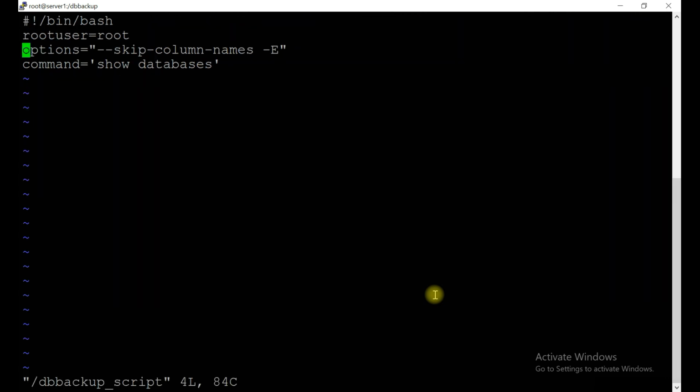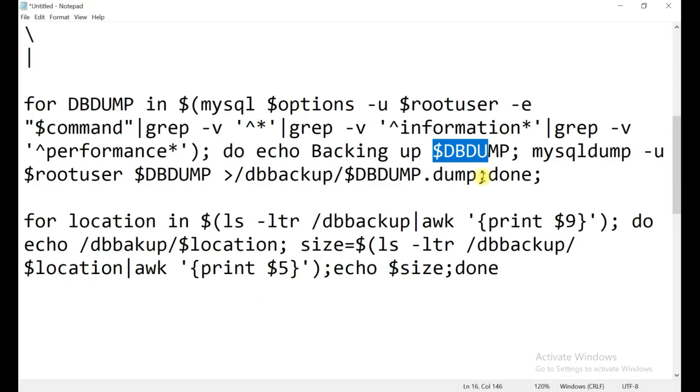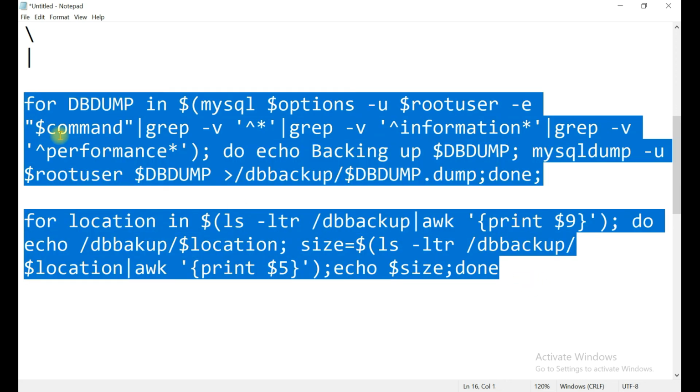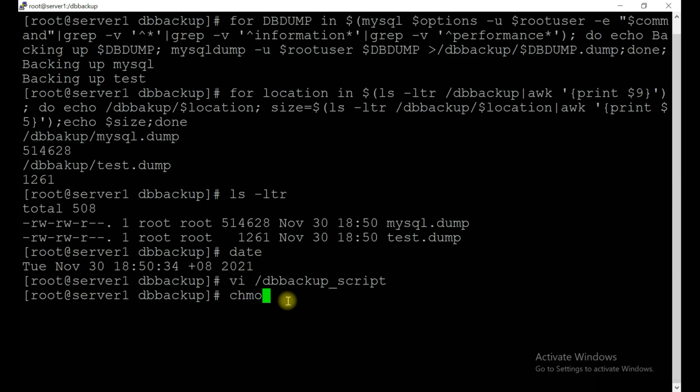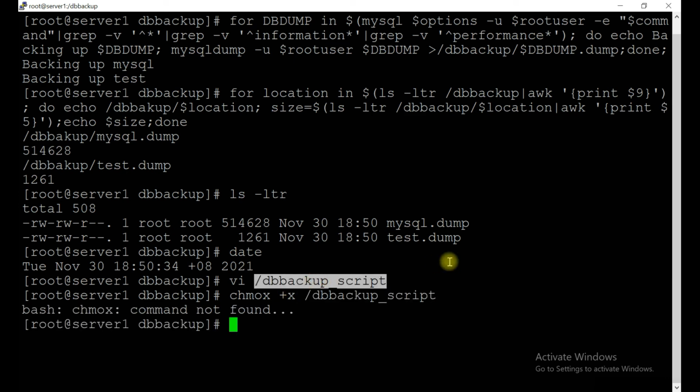Okay, so we have these parameters. Now insert it down, copy the whole data, place it inside, give the execution permission, plus x, and run it.